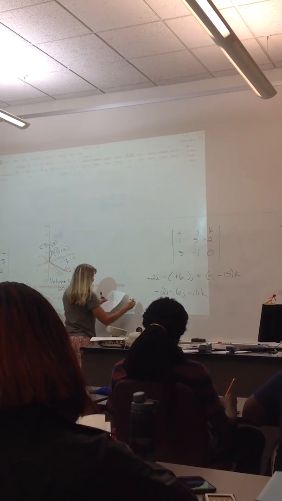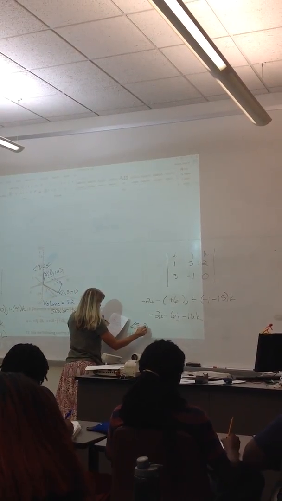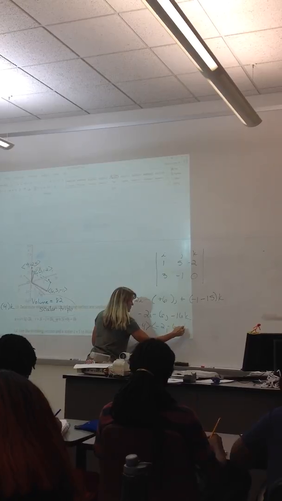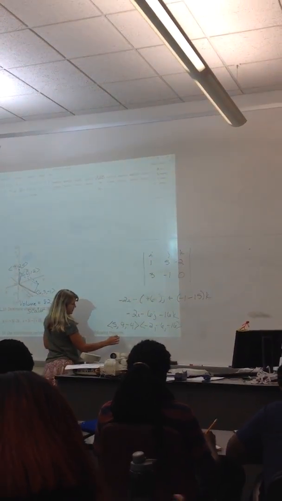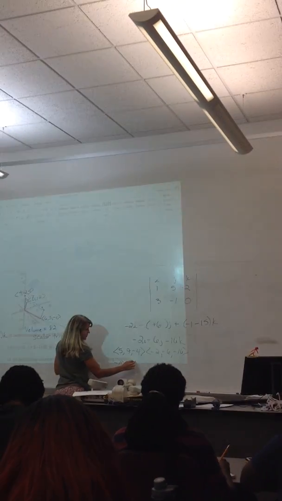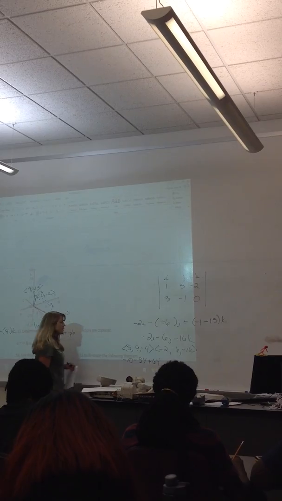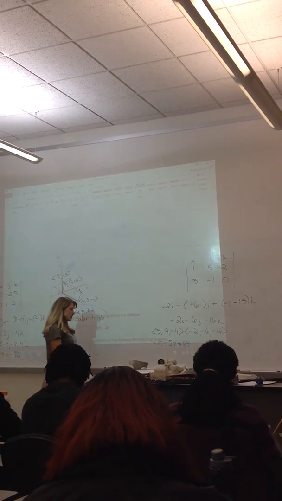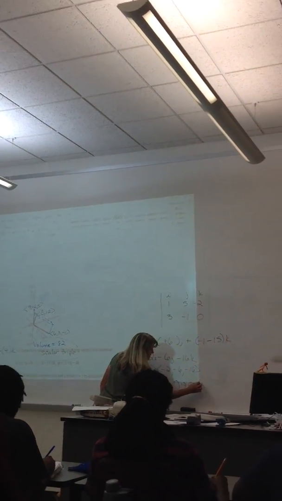All right, so then we want to dot it with 5, 9, negative 4. We get negative 10, minus 54, plus 64. And what's negative 10 minus 54? Well, negative 64, so when we add it, we get 0. So that means that all the vectors